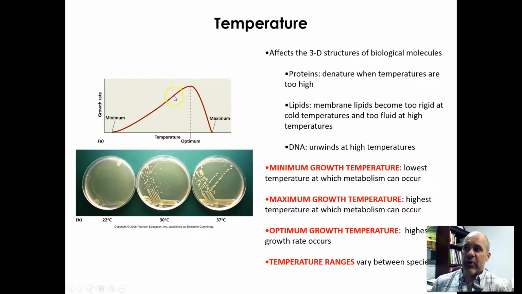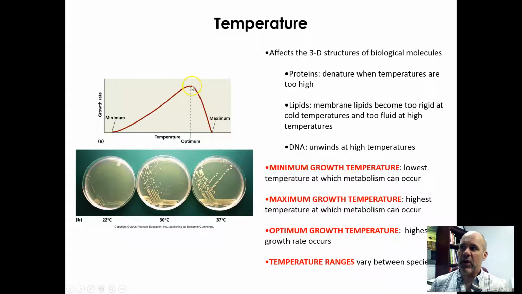As you go downward to cooler temperatures than the optimum, the growth rate will drop off. For most microorganisms, that drop off is going to be fairly slow, and it just basically means your metabolism is slowing down. Your metabolism is a sum of a bunch of chemical reactions, and chemical reactions tend to occur more slowly as temperatures get cooler. Eventually you're going to hit what's called the minimum growth temperature. That's the coolest temperature at which an organism can still grow to some degree. It may be extremely slow, but there will still be some cell reproduction going on at that temperature.